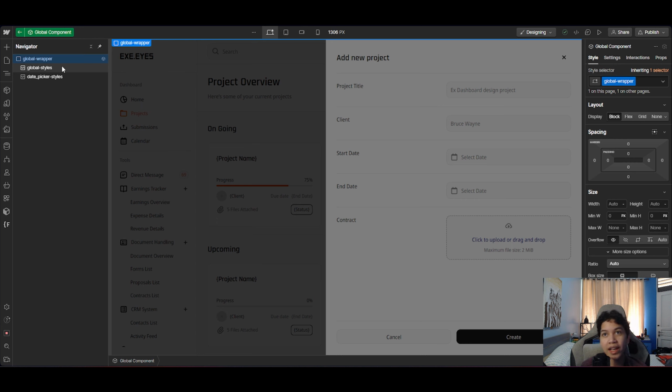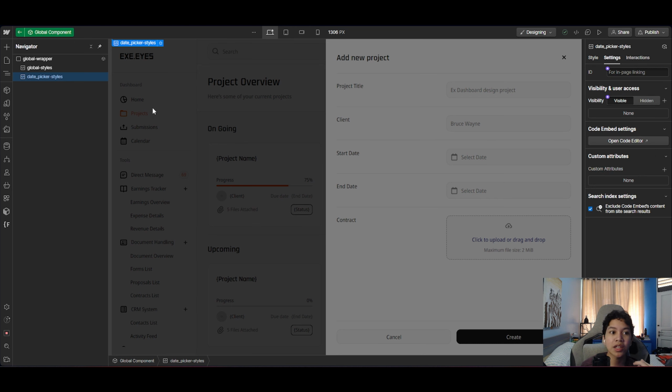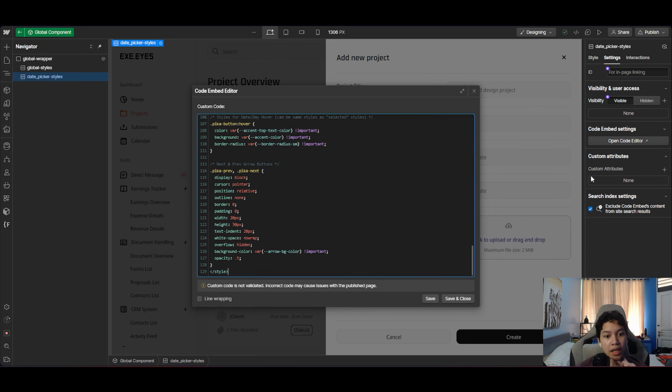Obviously, when you highlight and when you set your responsive rems and all those things, it goes into the global styles embed. But for example, for this instance where I want to mess around with the date picker specifically, I can create a separate embed inside of the global wrapper here. Now inside of that